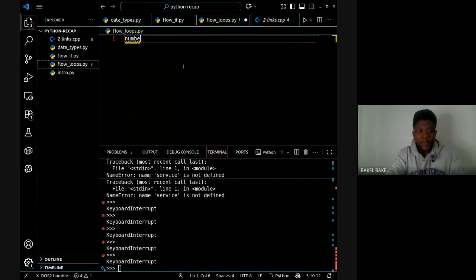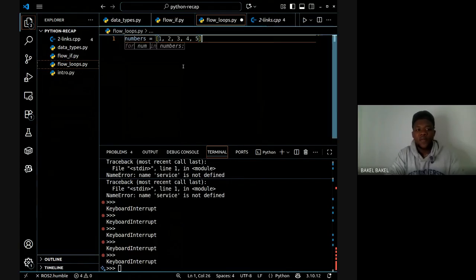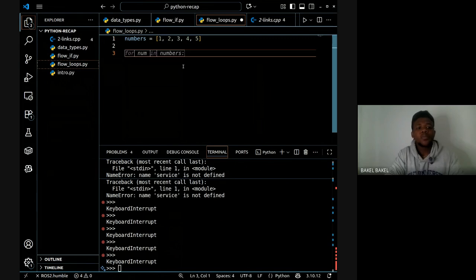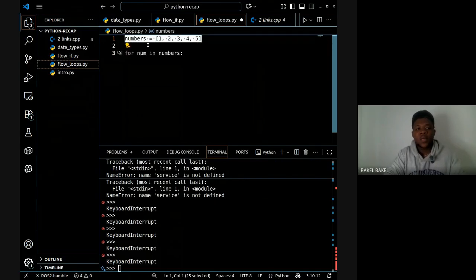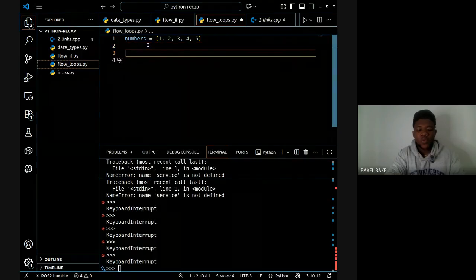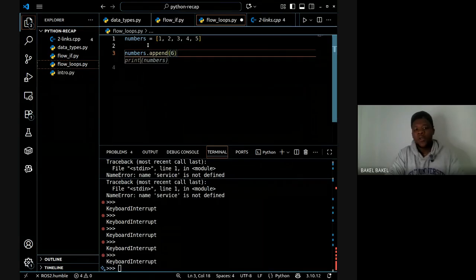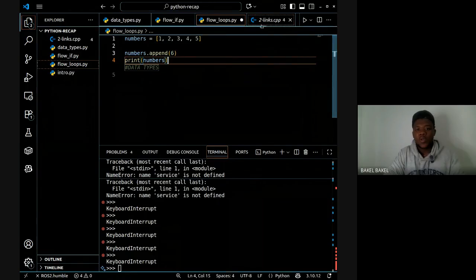So we can put it this way: numbers that we want to code is equal to, okay, and we have 1, 2, 3, 4, 5. There are different things we can do with numbers actually. Now you can see numbers, we've created a data type which is list, and there are a couple of things we can do. We can do numbers dot append. This is like we want to add another number to it, and then if we print, this is going to give us